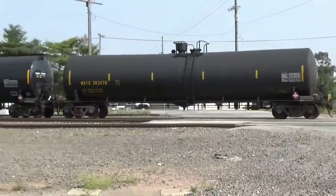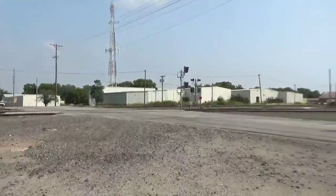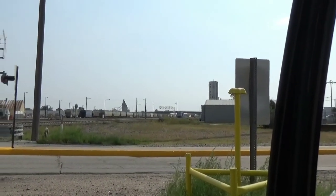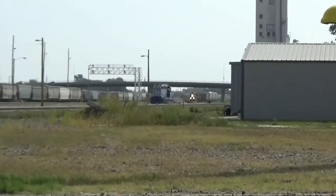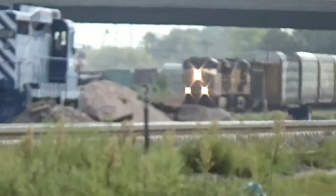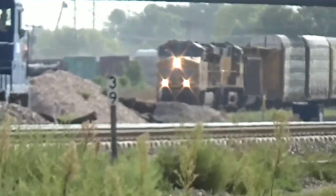The end of the westbound ethanol train, and we're going to pan around here real quick because holding in the background, coming off the other main line for Union Pacific, is what appears to be an auto rack train, westbound auto rack train. Alright, yeah, with the heat, guys, it's hard to